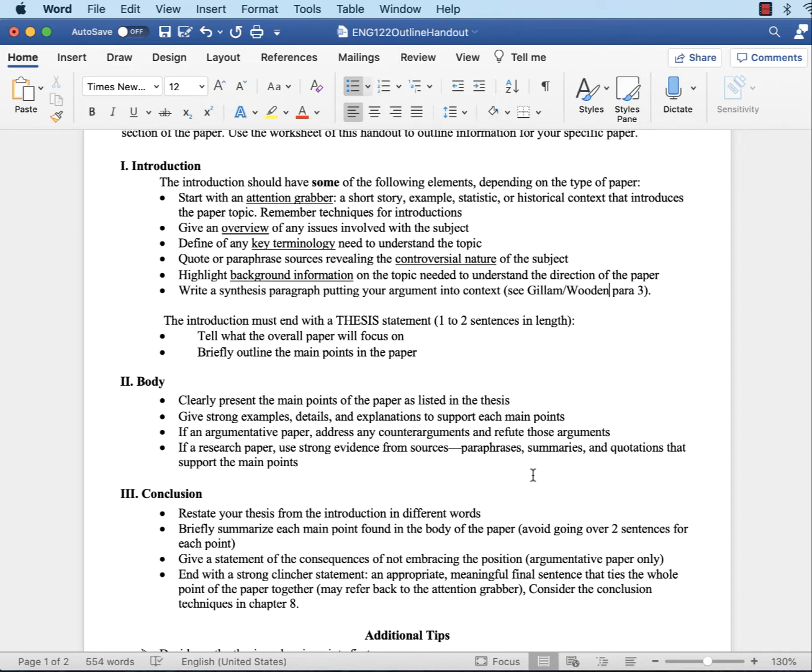So yes, this is an argumentative paper, so you need to address any counter arguments or refute those arguments. In other words, make a concession to the other side. Say, for instance, Gilliam and Wooden talk about the fact that in the early versions of Disney animated classics, the male protagonist was Prince Charming. I didn't even know each of the Prince Charmings has their own name until I had